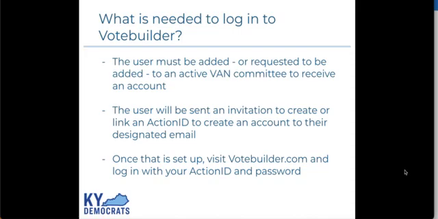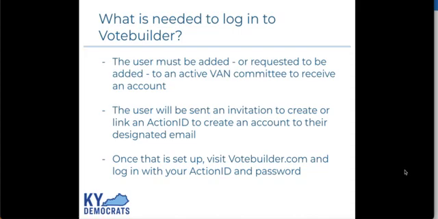So once you've been authorized as a user, in the back end, we will go in and create an account, which will trigger an email to be sent to you that will have the subject line, you've been invited to join whatever committee name is in Vote Builder Kentucky. You'll open that email and you will see an accept invitation link button in the email that you will click,